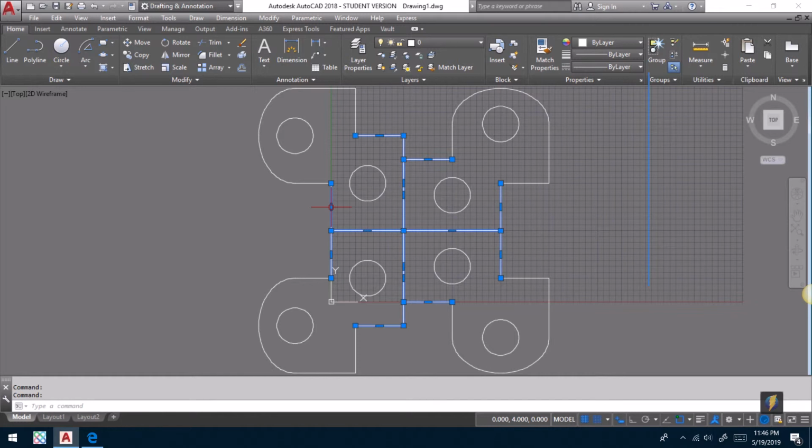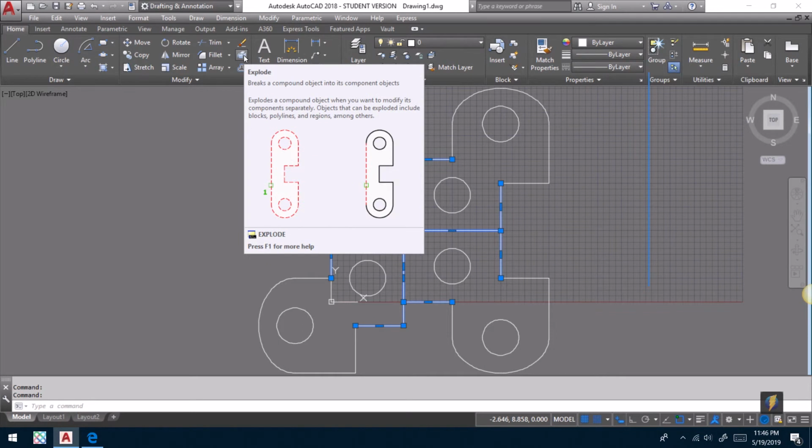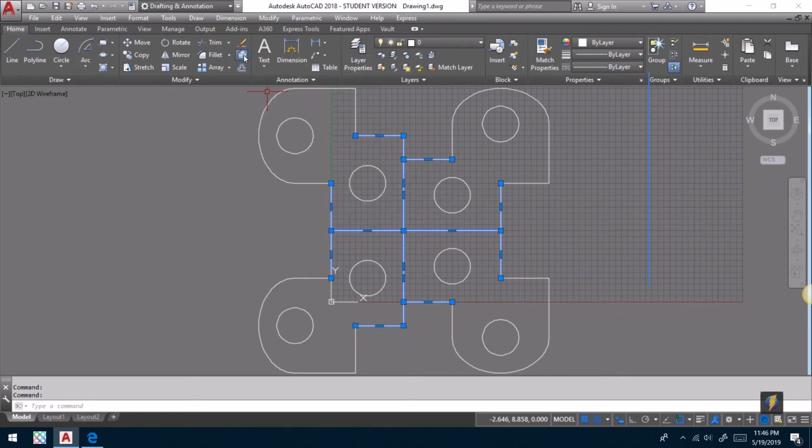These are called grips, and what they do is they allow you to make some modifications. And we're going to study more about grips, but for now what I want you to know is you can select objects and then go back in and create whatever command. So what I want to do with these right now is I want to do a thing called explode. Your explode command just breaks things into individual pieces. Once you pick explode, now if I go back in and I pick lines,